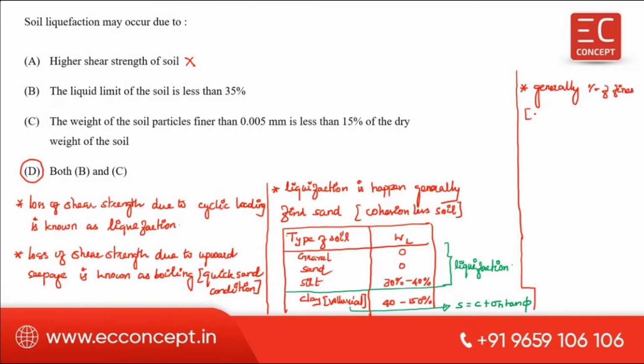Percentage of fines means the size 0.002, not micrometer, the size is 0.002 mm. If the fines are less than 12 percent, then